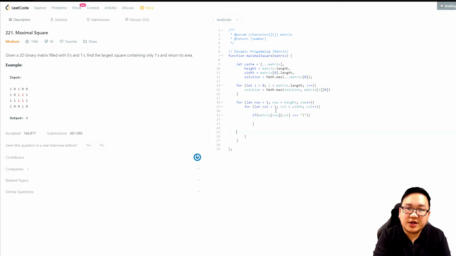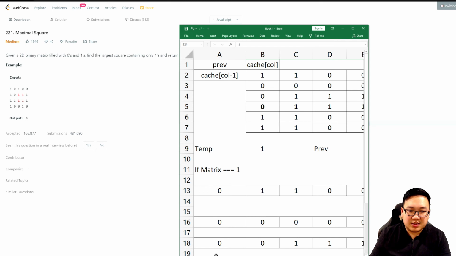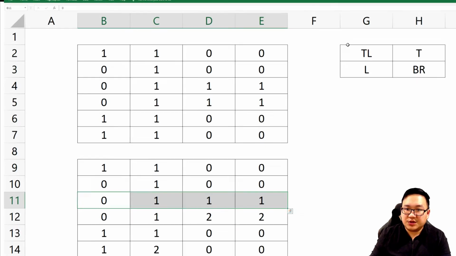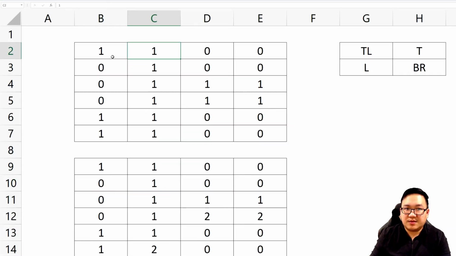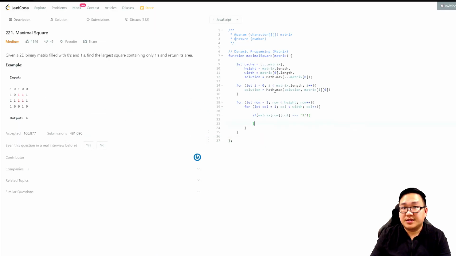Remember what I mentioned before in our quick example: we need to ensure that we're looking at the top, left, and top-left numbers and take the minimum of those three. So we're going to do that here. Here we're going to say our cache at that particular position, row and column, will equal